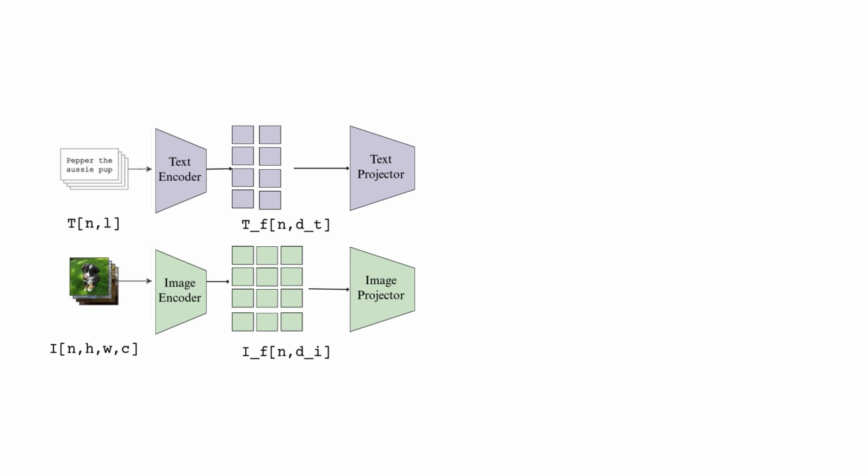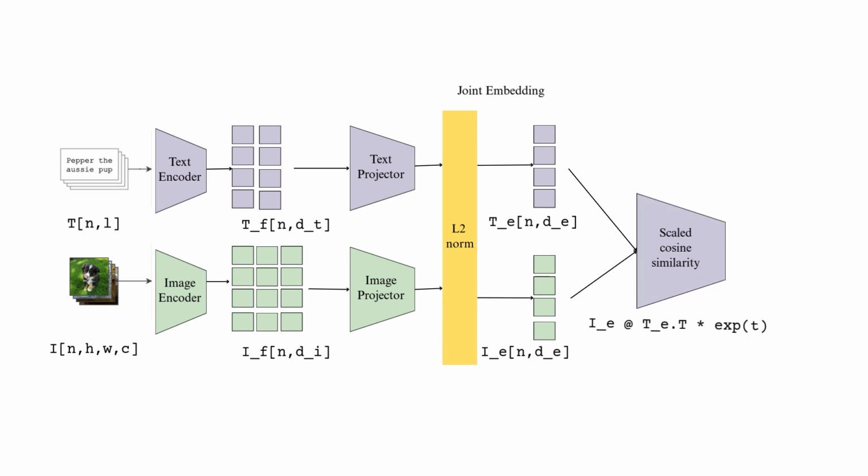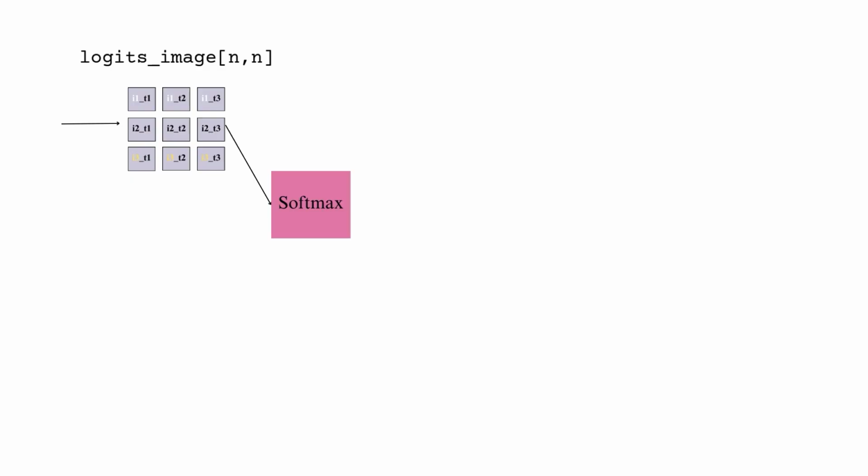Then comes the key step, similarity. We normalize the embeddings using L2, so vectors have unit length. Then compute dot products, which give us cosine similarity. What we get is a matrix where each element tells you how similar an image is to a caption. On the diagonal, the true pairs. Now, we apply Softmax to turn similarities into probabilities, but we want the correct image text pair to have the